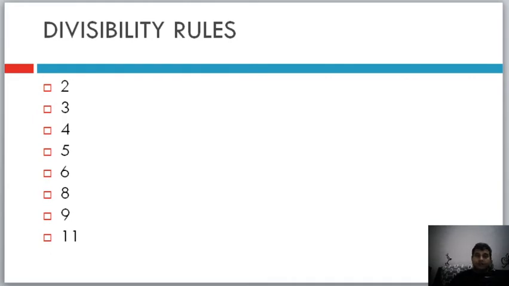Now let's get into something which is interesting, which is basically divisibility rules. So how do you figure out which number is divisible by which number? Okay, and so we will just cover 2 to 11. Right now in this video I will only cover the rules, I will not cover the logic behind it. Maybe in the next or the one after that we will see how to cover it, because right now at this point of time it is quite basic to be covering the logic of divisibility rules.